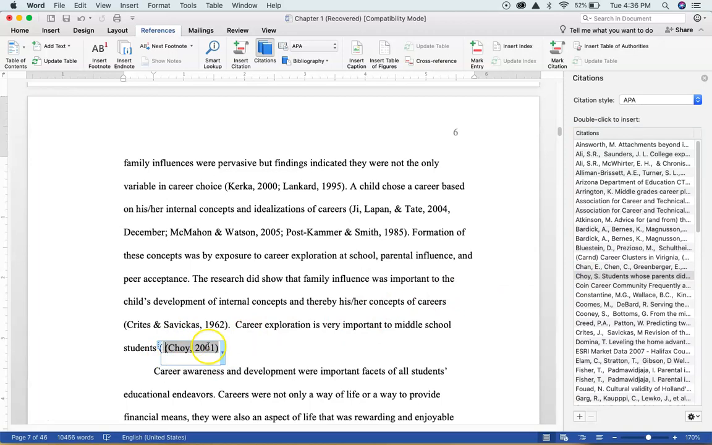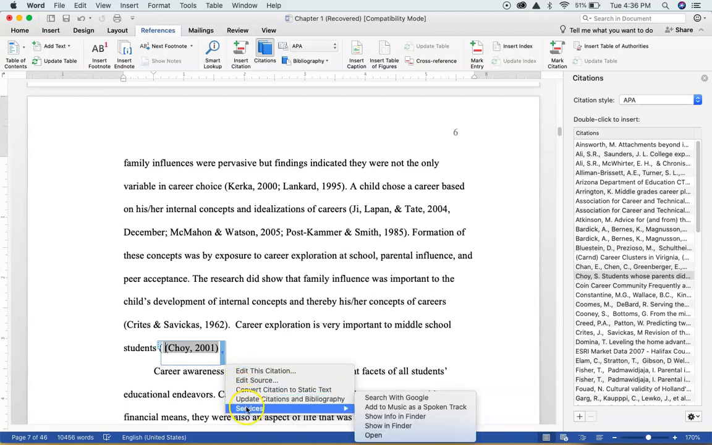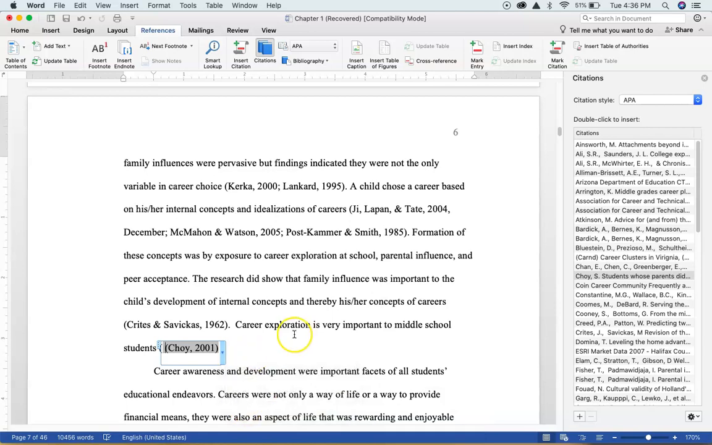Sometimes it does put that little extra parenthesis in there, or sometimes I type it because I type faster than my brain thinks. If I needed to change any of this, I can go edit the citation, I can convert it to static text, or I can do different things to it. But I have just inserted that from a list of resources that I have used throughout this document and other